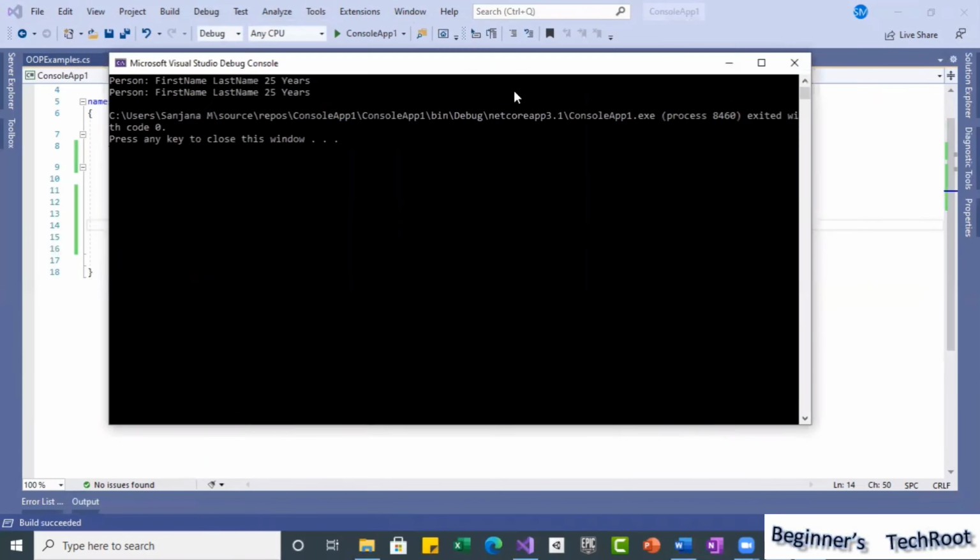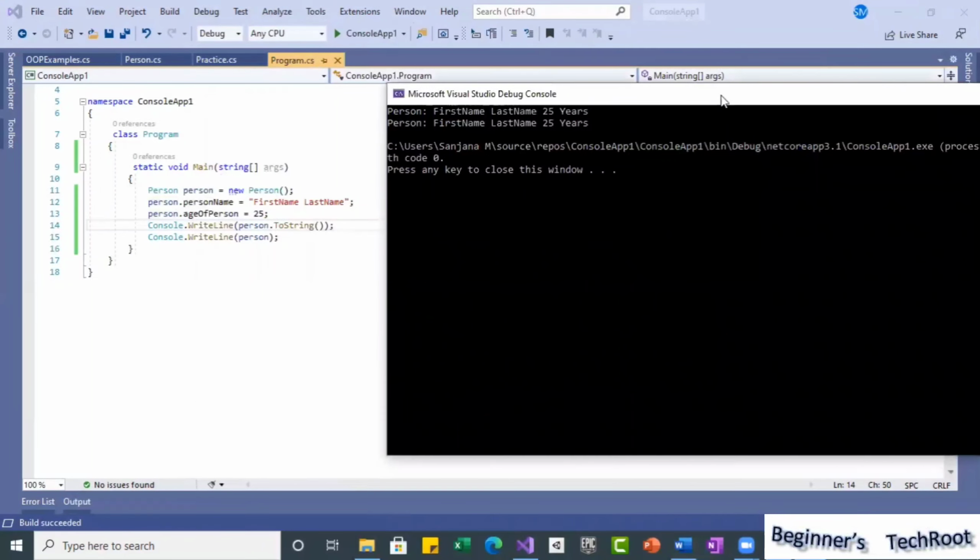Earlier, for both the cases, it showed console app1.person, because that was the default behavior of the toString method. But we've overridden it now, so it displays the custom format we provided, person colon.